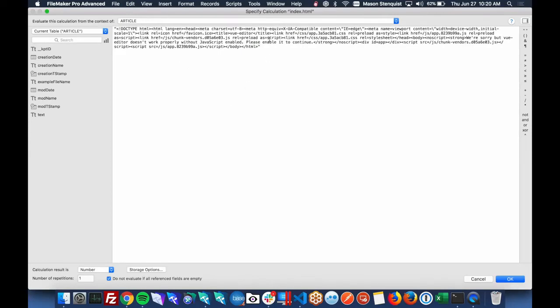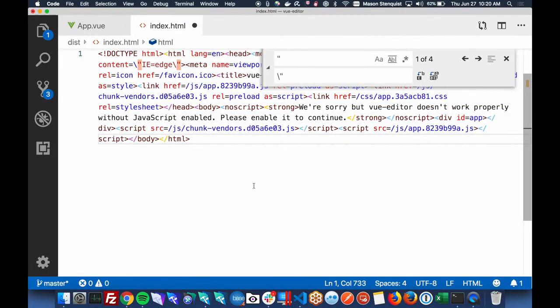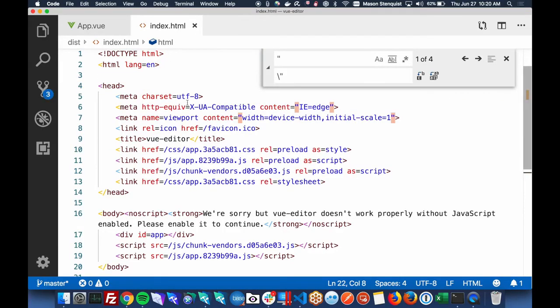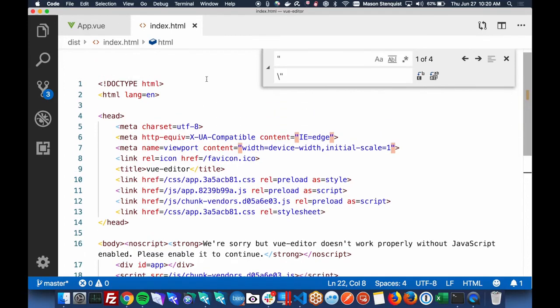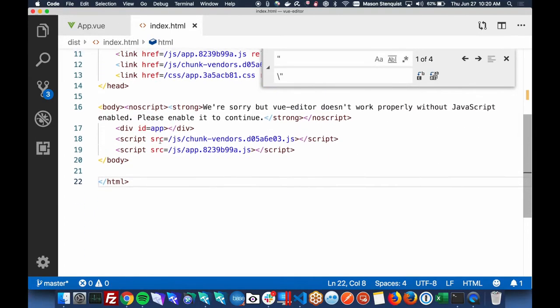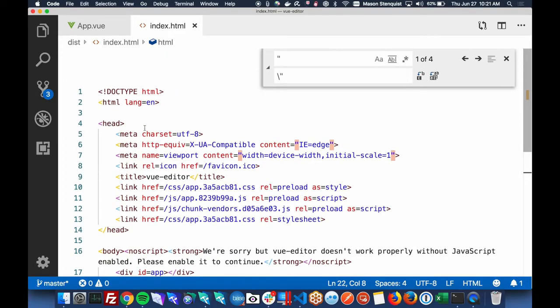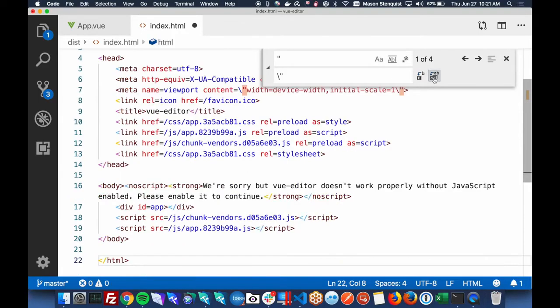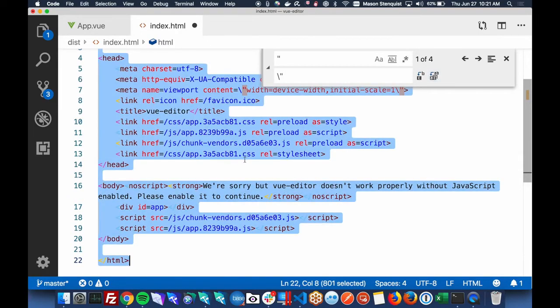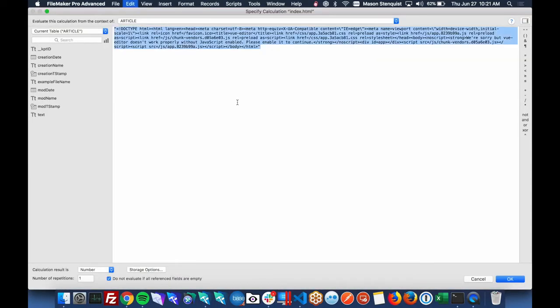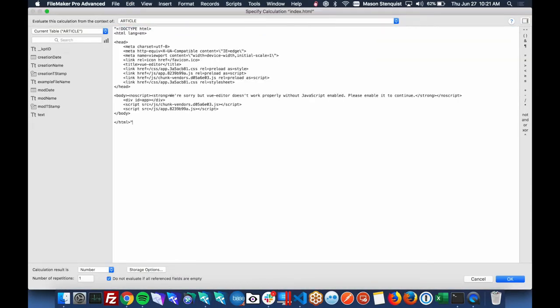Actually, so as you can see, this is really hard to read. So what I'm going to do is undo that find and replace, and I've got a keyboard shortcut in this code editor that will format the HTML for me. Basically it makes it a little less performant, but I can actually understand it a little bit better. So I formatted it. You can find formatters online anywhere. All right, now I'm going to replace those with slashes. There we go. So let's paste that in instead. Much better, a lot easier to read.